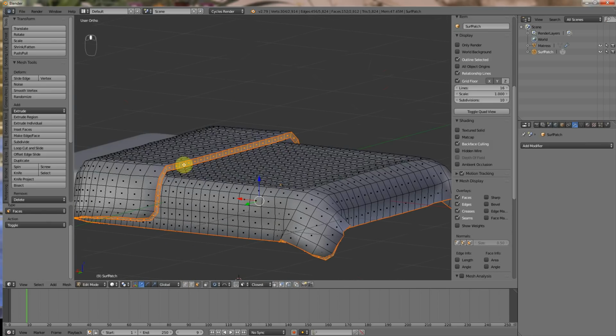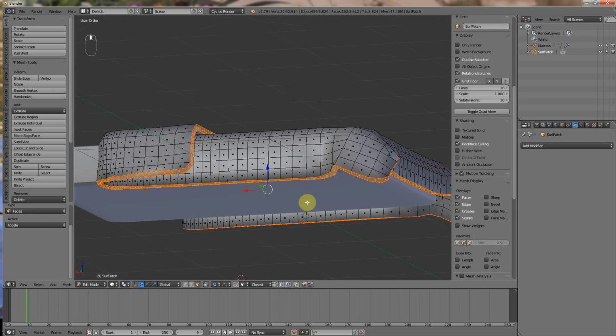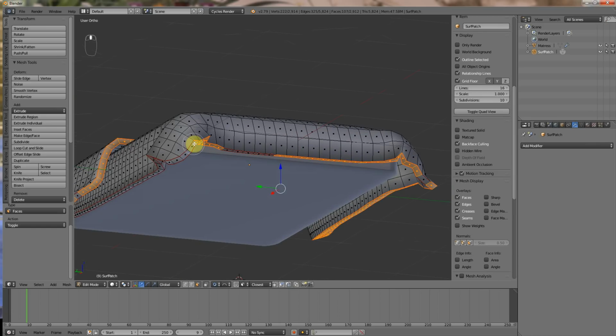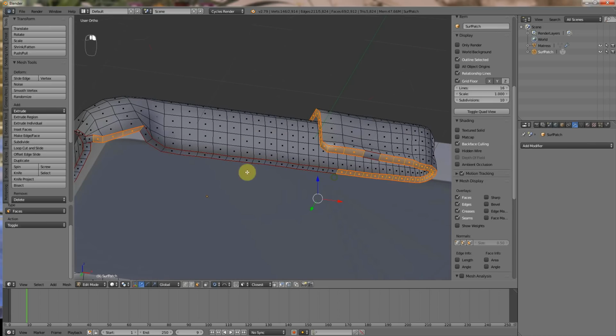and what we want is to select these faces around here, but we don't want it all the way around. So these happen to be selected because of the way I model things, so I'm just going to use my circle select here and deselect the ones I didn't want selected, which is all of these around here. So I'm just kind of leaving it from this curve back up. Now